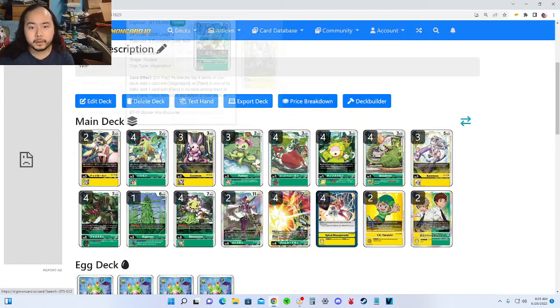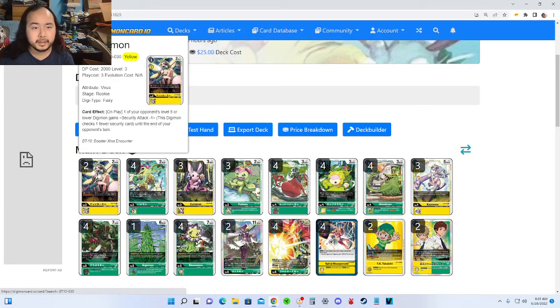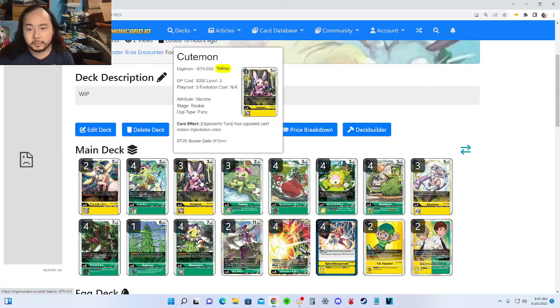But to go over why I'm using these yellow rookies, it has a pretty nice on-play effect. Tinkermon, on play, one of your opponent's level 5 or lower Digimon gains security attack -1 until the end of your opponent's turn. Cutemon is just a pretty good card to splash in. Your opponent can't reduce Digivolution costs. If my understanding is correct,